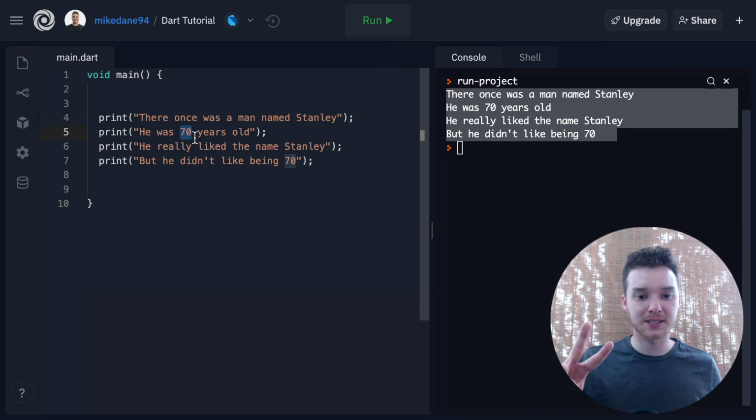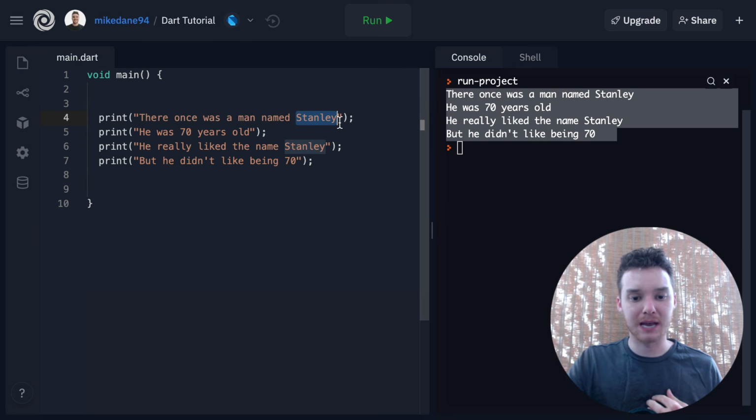So these are two pieces of data that are really important to this story and that are repeated multiple times in the story. And generally, it's these pieces of data that we need to use in multiple parts of our program, which we're going to need to take extra care of keeping track of. So because the character's name is used multiple times and because it's so important to the story, and same with the age, these are two pieces of data that we want to take extra precautions when we're working with them